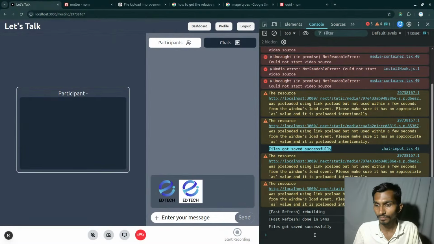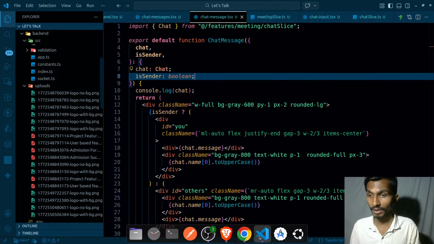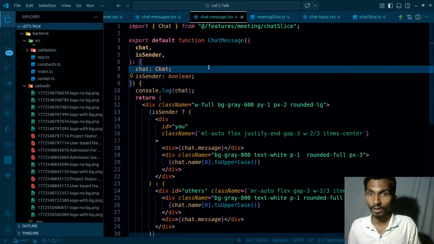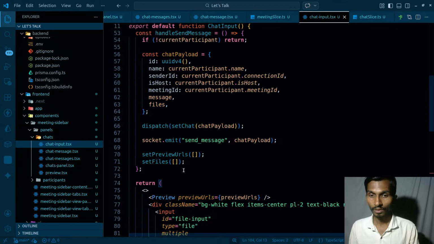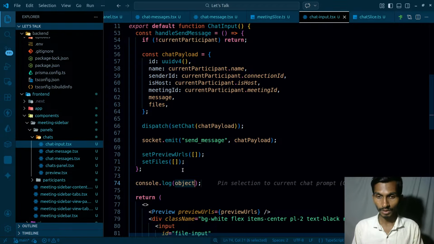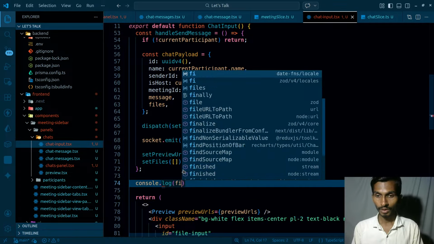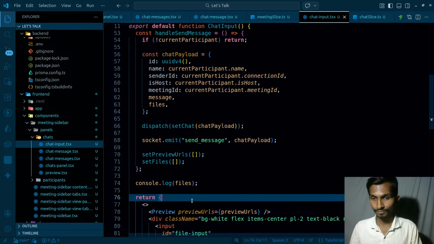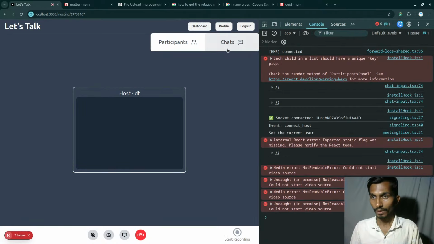this particular one, files got saved successfully, and chat input, I'm getting it from the input side. That simply means this is never running. Coming back to this chat input, I'm going to console log. Forget about this rendering stuff. Yeah, let's do one thing, console log, and I'm going to be rendering the files. Fine. And once I'm actually rendering that, coming back to this one,